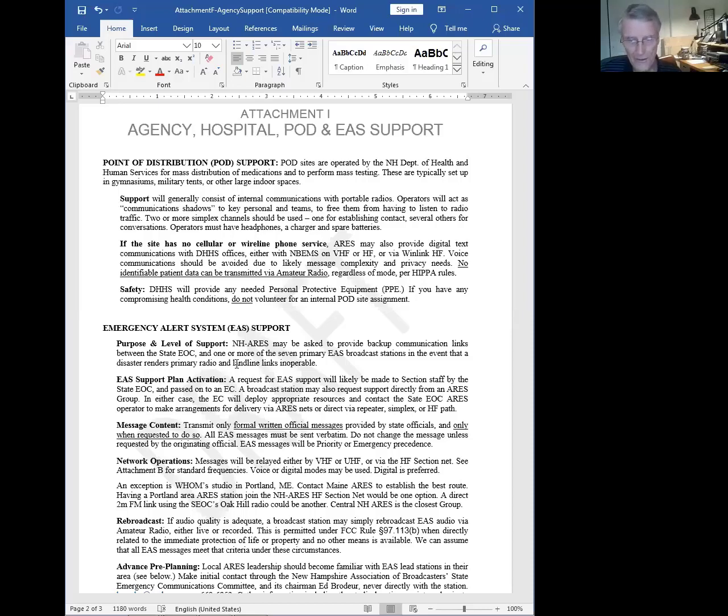And it's just a very rough outline of how we will support a pod, because we really had nothing in the past. I didn't see any point in trying to create a very detailed attachment for this, because it is really very simple. The idea of a pod, and this is something everyone can train on, is fairly straightforward. You get together with a pod drill being done by your local health departments and show them how to do this. One of their models has always been, we're going to hand the lead nurse or somebody in each nursing team an FRS radio, and we'll talk to each other when we need to.